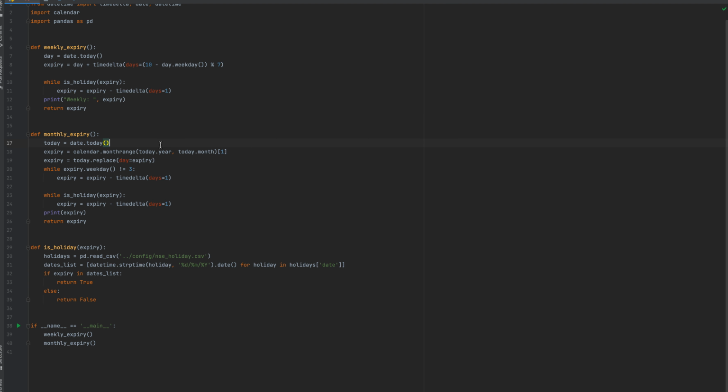Coming to monthly expiry, we need to find out the last day of the month. We are calculating the month range and finding the last date of the month, and then from that day we are checking if the weekday is Thursday or not.